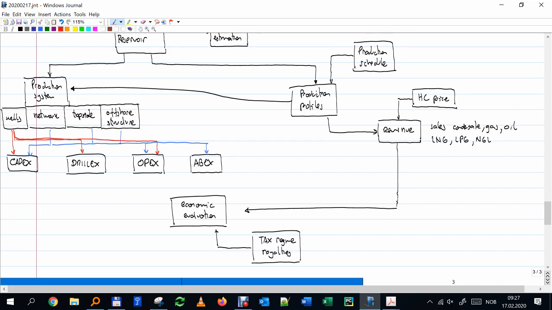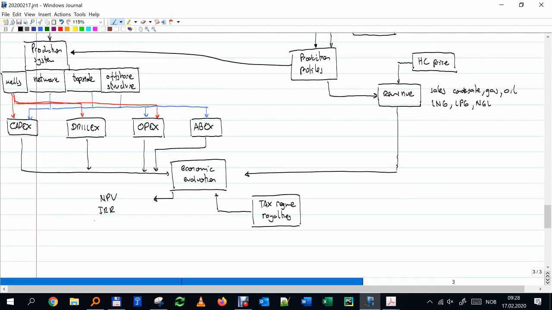So it's all kind of interlinked, but I'm trying to make a diagram just to show the first order of connections between all of these items. Okay, and finally all of these costs enter into this economic evaluation. And at the end this economic evaluation spits out either this NPV value, the internal rate of return,